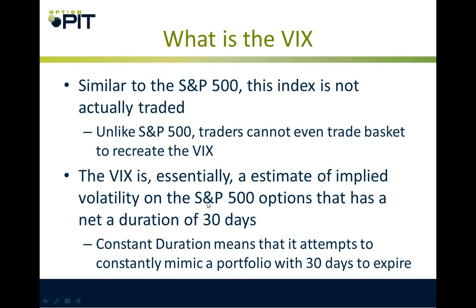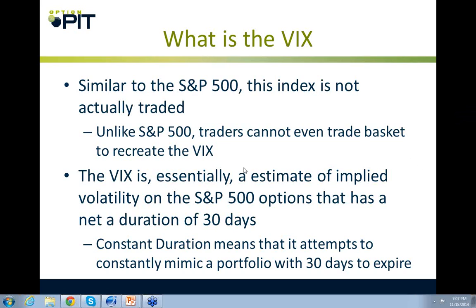Over time, the VIX is basically carrying two different option sets, and that's how it calculates itself. It's constantly rolling options out of the front month and into the second month, and that creates a balanced portfolio that has a duration of 30 days. That's why it's so impossible to mimic, because there'd be so much day-to-day trading.